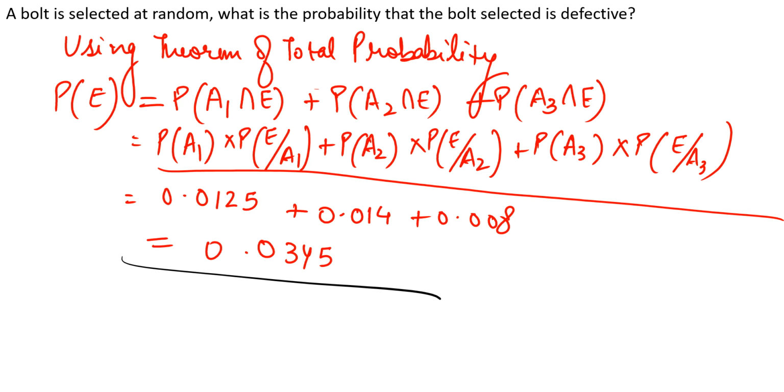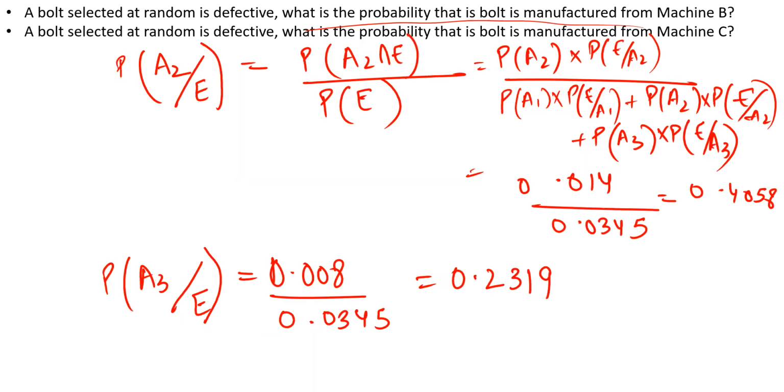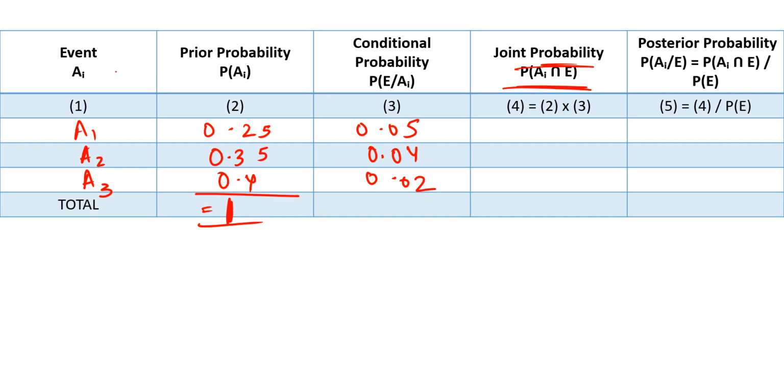So we already know these joint probabilities are calculated by simply multiplying this and this, like multiplying column 2 and column 3. So from there we get 0.0125, 0.014, 0.008. Let's sum them up. When we sum them up, we get 0.0345. And this is the probability